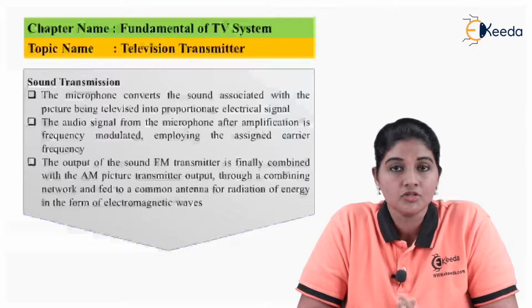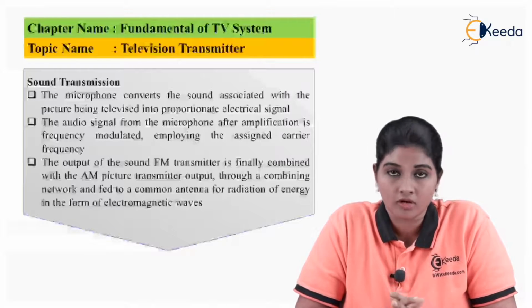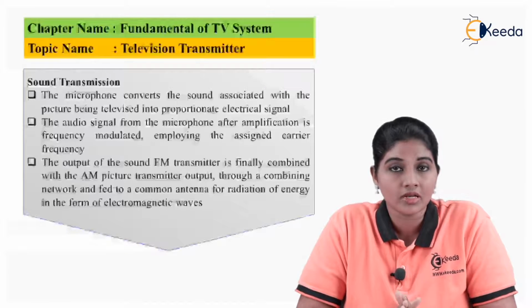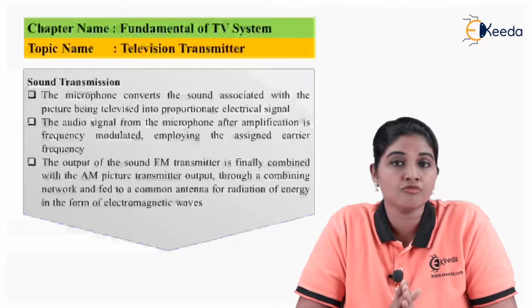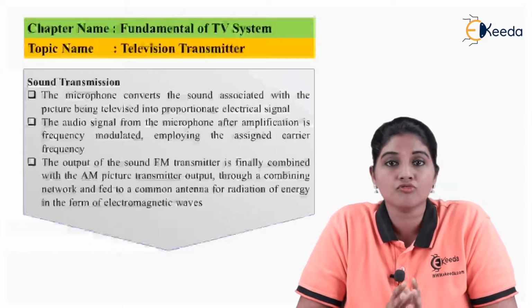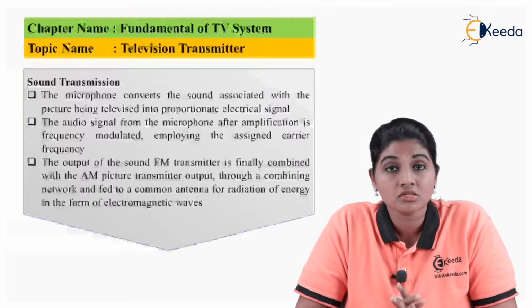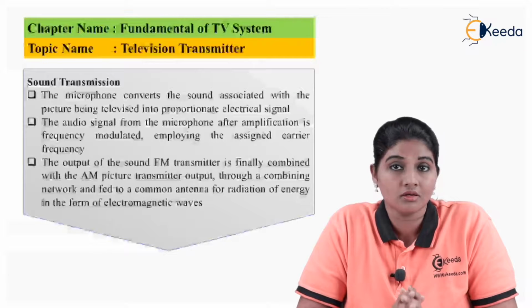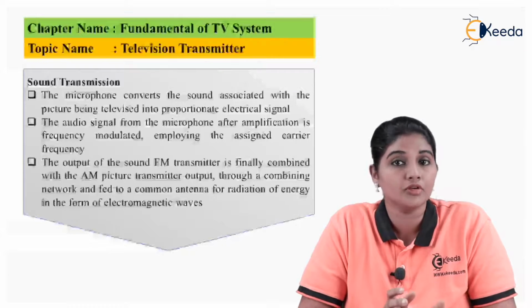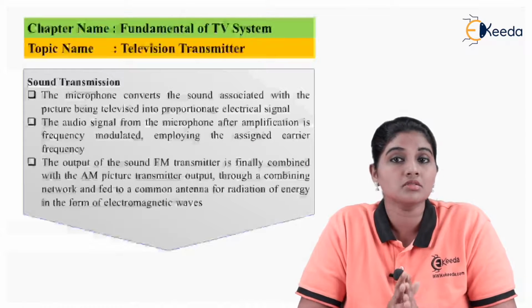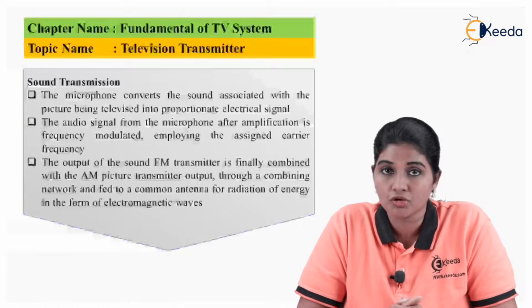Now this signal, which is frequency modulated, is further amplified so that it can reach a level suitable for transmission. The sound signal which is FM modulated is modulated by using the RF carrier frequency from the RF amplifier and local oscillator. The FM modulator amplifier is used for the modulation purpose. Further, the audio signal and video signal combine with each other in the combining network. The audio signal is frequency modulated and the video signal is amplitude modulated. The output of the combining network is nothing but a single signal which is then transmitted by using a common antenna.